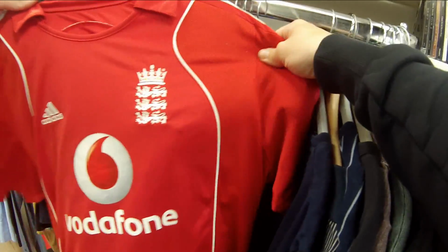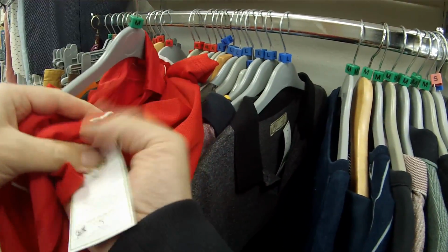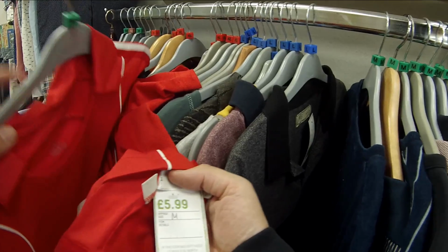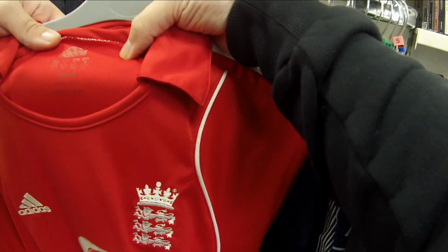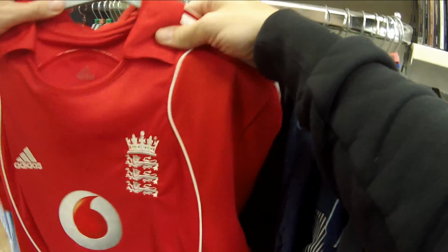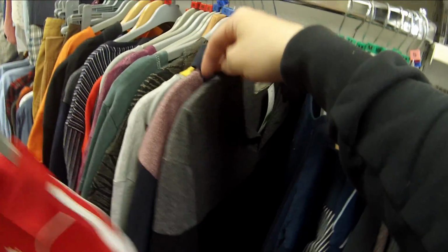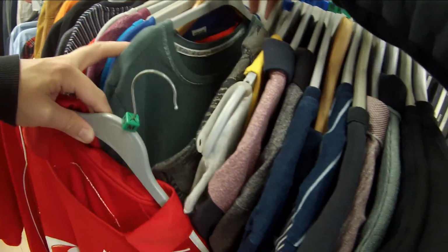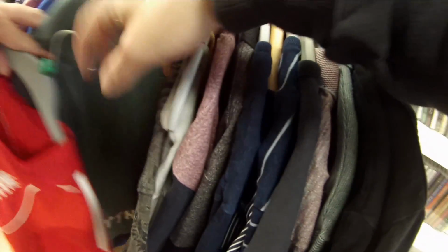So I found an England cricket, I don't know what you call it, a shirt, a jersey. It's only £5.99, which I thought was quite good. It was in very good condition, actually. Size medium, which I've been told is actually a pretty damn good size. But unfortunately, it wasn't worth a lot more than that. So cricket memorabilia and shirts, I'll keep looking it up, of course, but I'll probably end up staying away from it. This is all the footage I have, unfortunately, because it's very rare that I find a football shirt in a